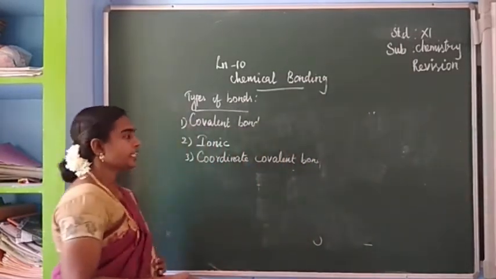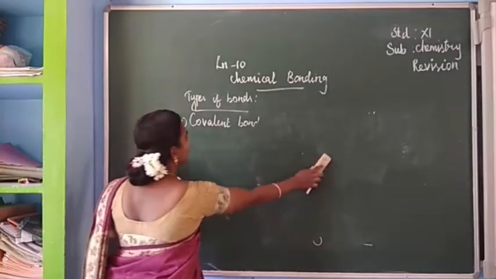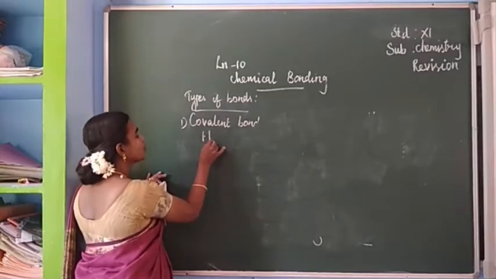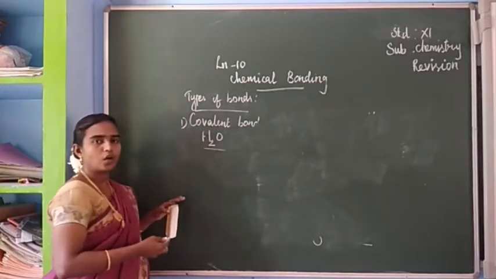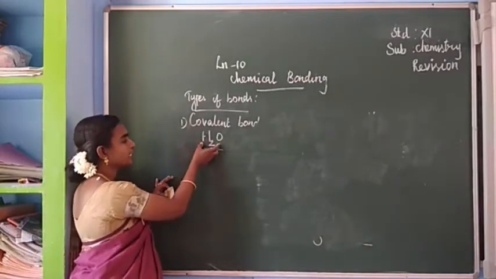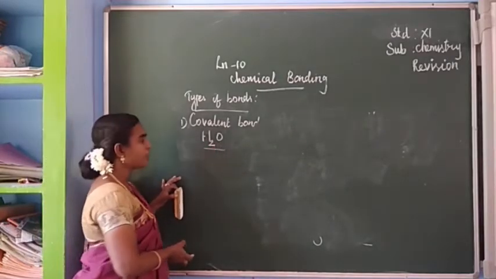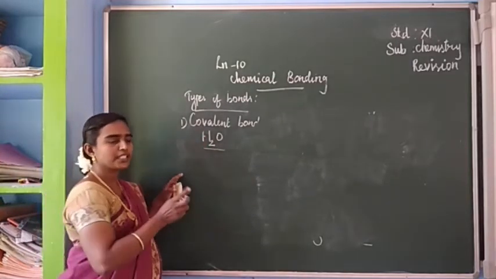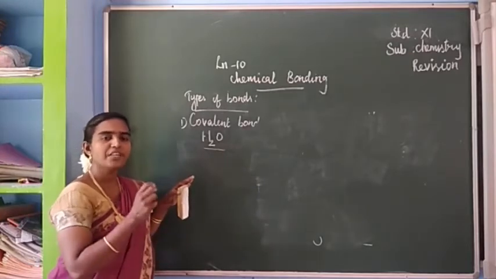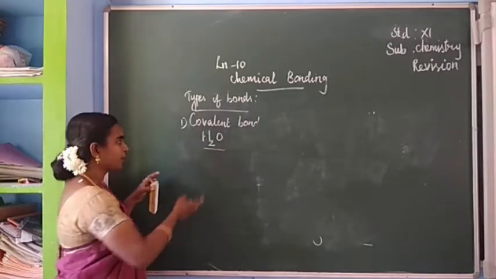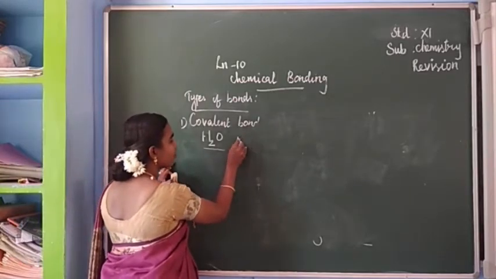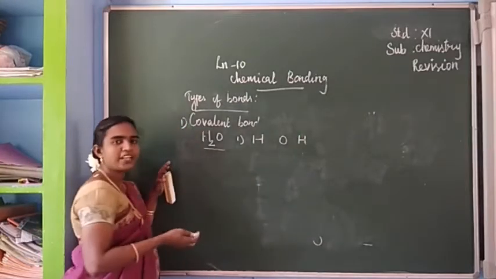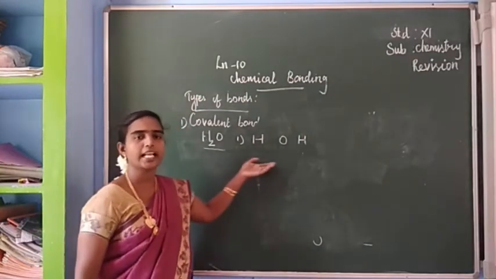I am giving an example so we can see this covalent bond. For example H2O, how to represent the covalent bond according to Lewis theory. So first, H2O is the molecular formula for the water molecule. According to the Lewis structure, the first step for representation of this covalent bond is we have to write the skeletal formula. How do we write this skeletal formula? First step, HOH. I am going to explain for two molecules, water and nitric acid.